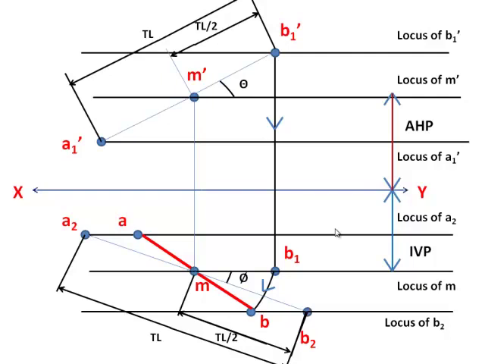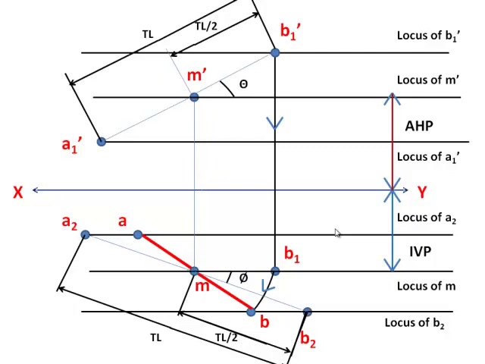Those who did not understand, listen here. I am going to say about the other rotation. Before that, this is sufficient to derive A dash and B dash. Can anyone say how it is? From B you draw a straight line up to locus of B1 dash. You will get B dash. Yes or no? Then from A you draw a line straight up to where?